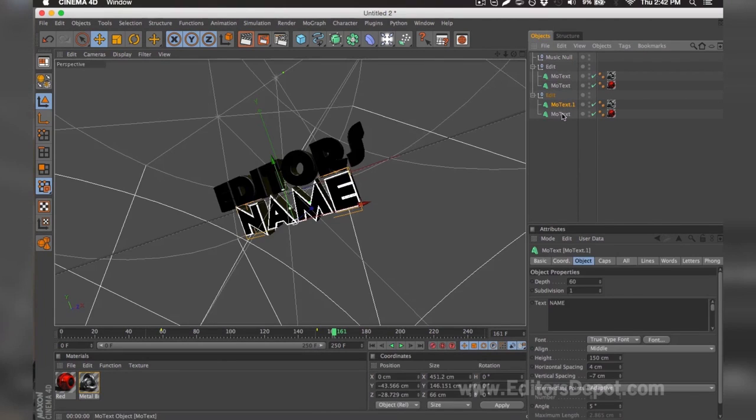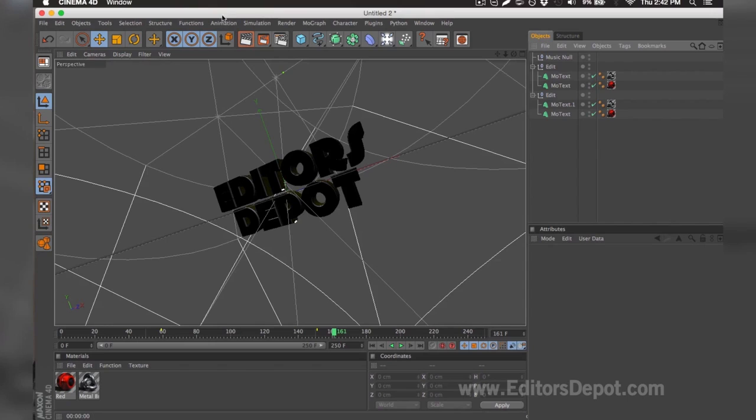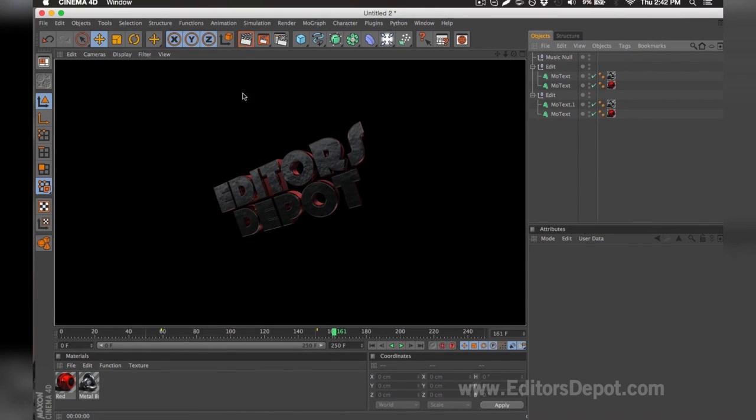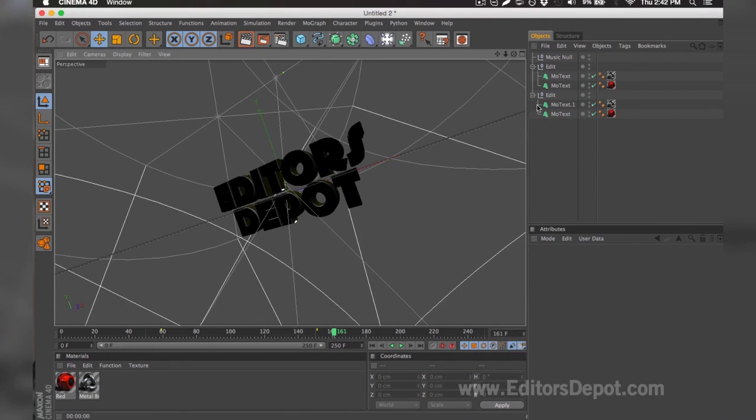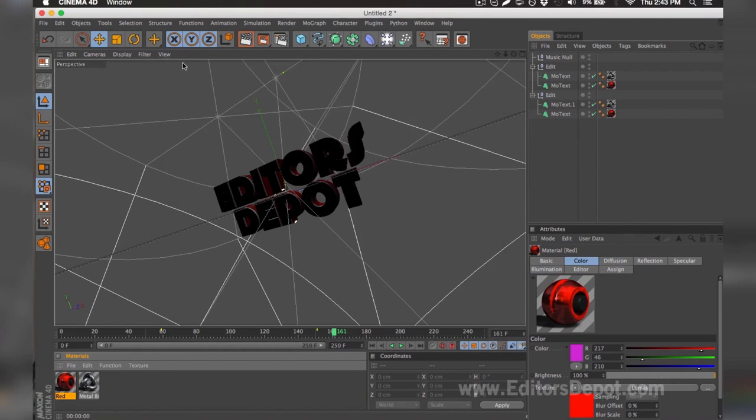You do the exact same thing for the bottom layers. I selected both at the same time. I'm going to replace it with Depot. Once I go ahead and render preview, it looks amazing and I'm happy with it. I'm 100% happy with the colors because it's red and Editors Depot is red, but if you're not happy with the colors, you can simply come down below, double click it, and make any modifications you wish, whether it's make it green, make it blue, or blend it all together and make a little purple. I'm going to go ahead and keep it this way, and I'm going to go ahead and go to my